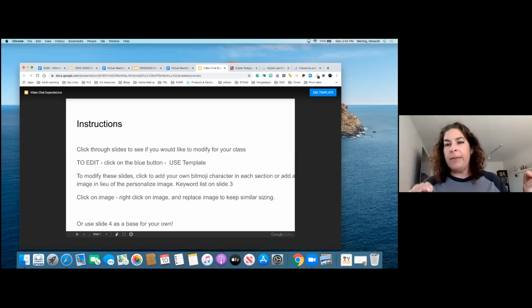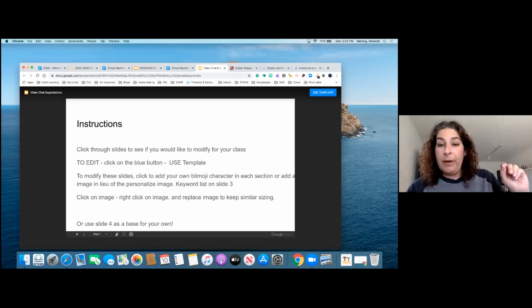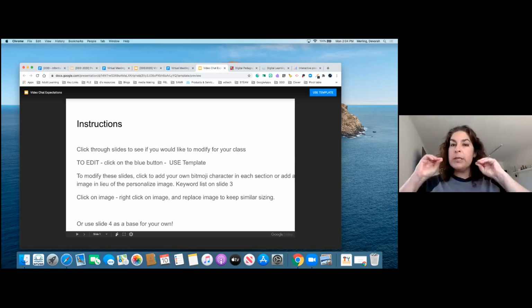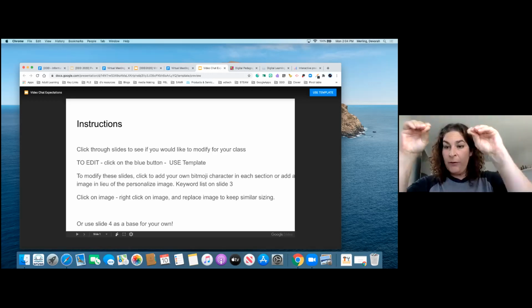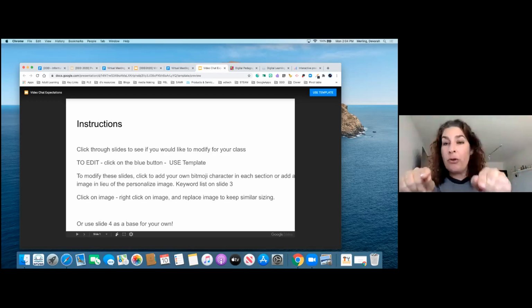I just need to put my Bitmoji in. Or I just want to put some pictures in because I don't really like those Bitmoji things. You can just click on Use Template, right? And when you do that, it's going to force a copy of this slide for you into your drive. Okay, so it won't be mine anymore. It will be yours to use.